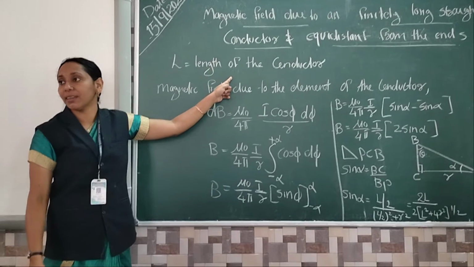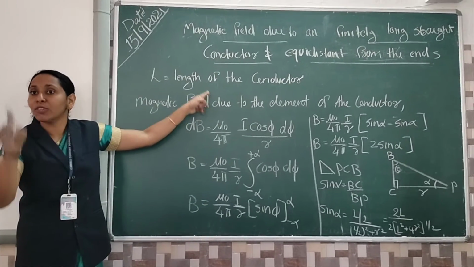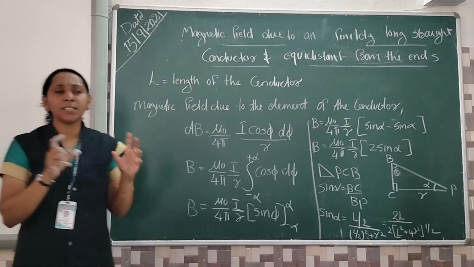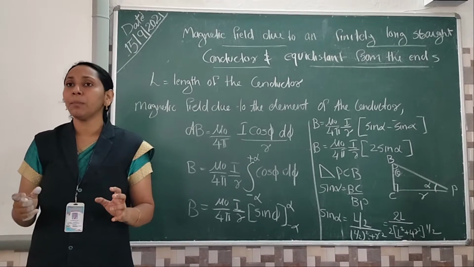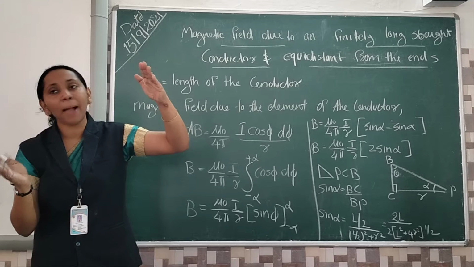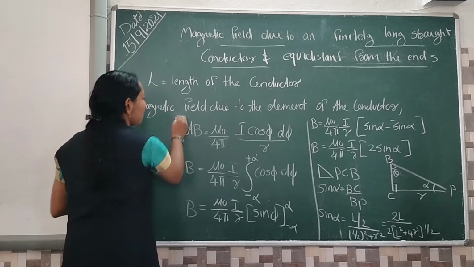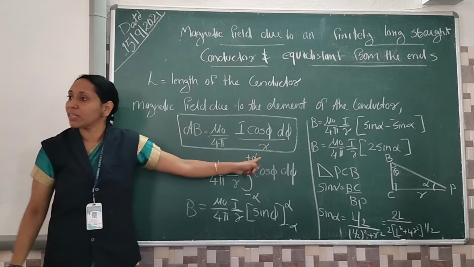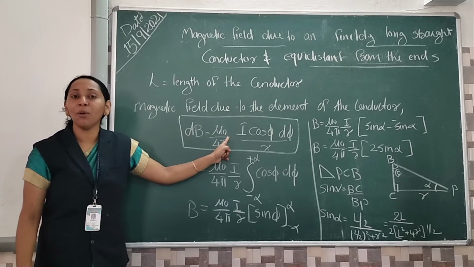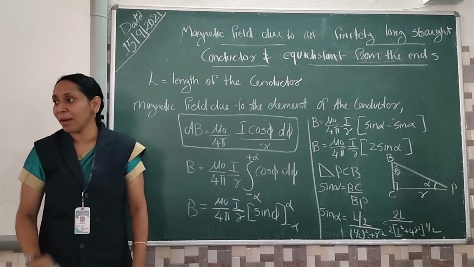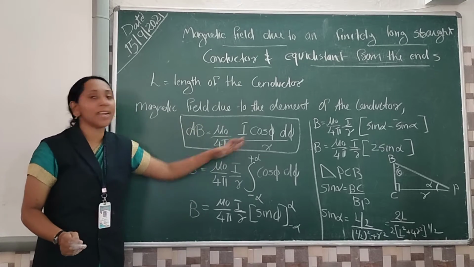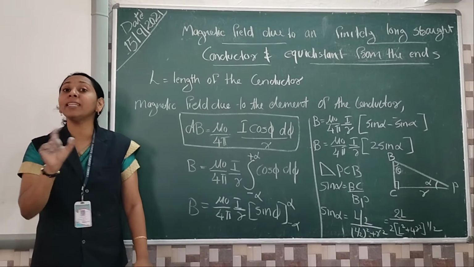Length of the conductor. We already know the length. Am I right? So what is the length of the conductor? L is the length of the conductor. Just before the derivation we already found the magnetic field of a small portion. This is the magnetic field of a portion AB. हम लोग पहले find out करते थे ना. इसे integrate करो, infinite length conductor का मिलेगा. Okay. Then finite length को भी इसे integrate करना चाहिए, but limits are different.